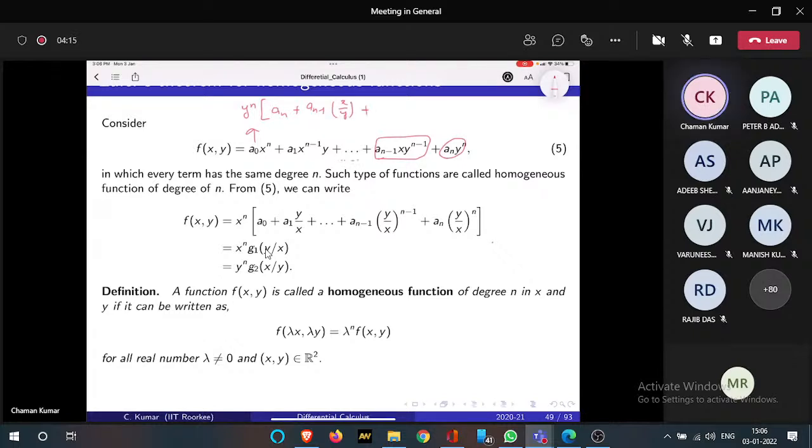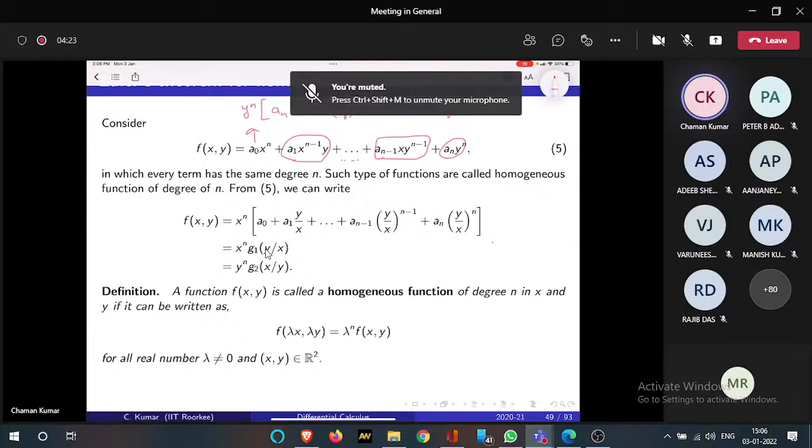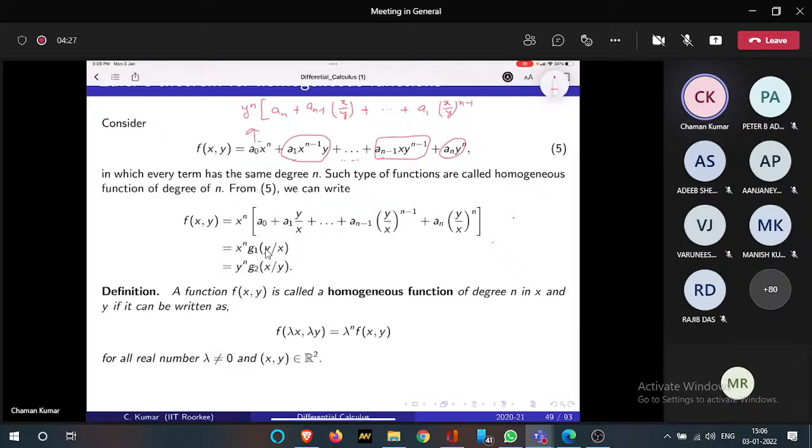And then dot dot dot, a1 x by y raised to n minus 1, and this first term is a naught x by y raised to n. Okay,